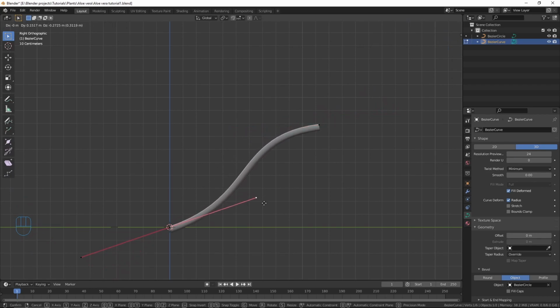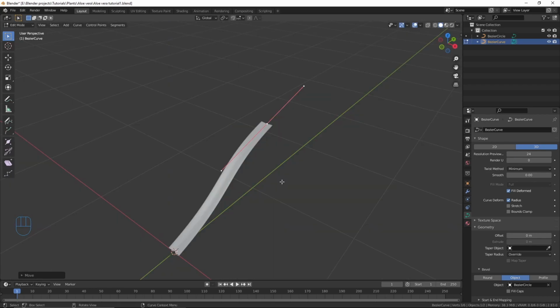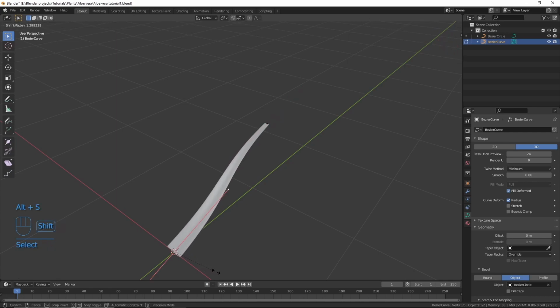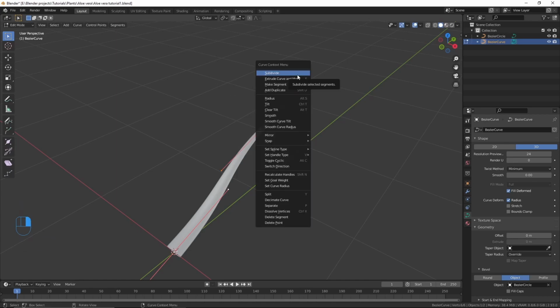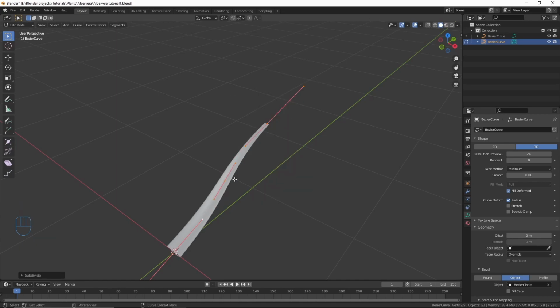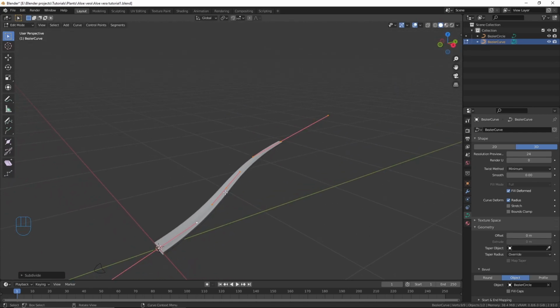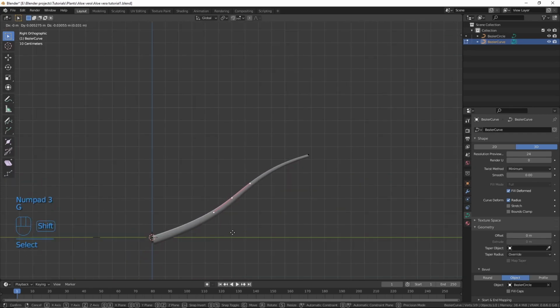I'm going to move this over here. And you can also change the scale of the curve by pressing Alt S. I'm going to scale this one up. And you can also add a handle in between by selecting these handles and subdividing it. And now you'll get an extra handle. I'm gonna move this over here,